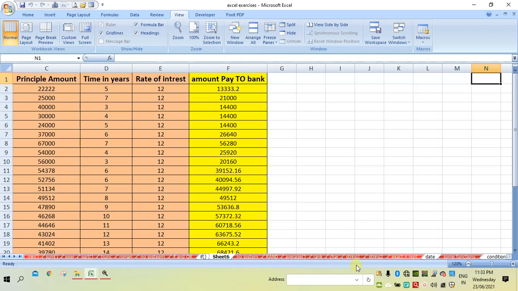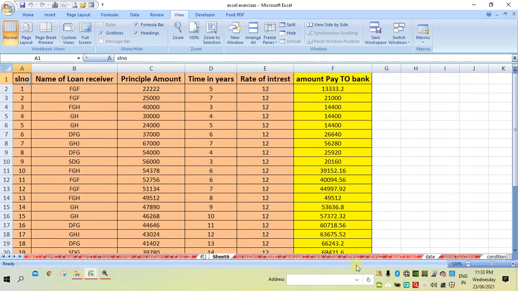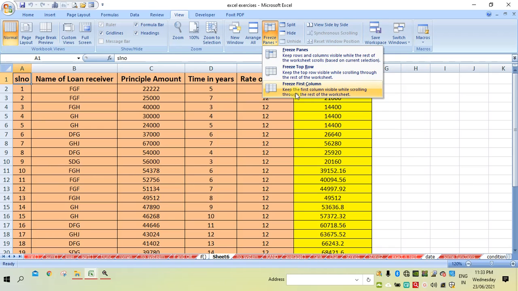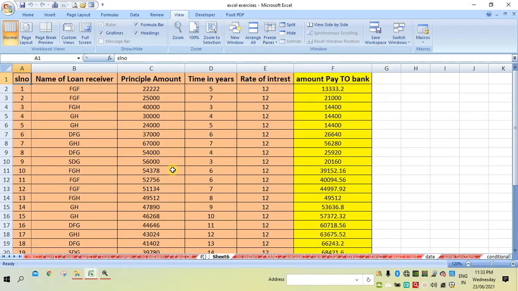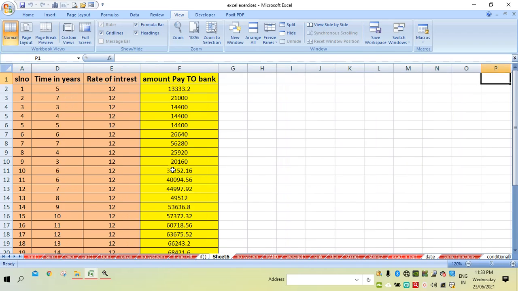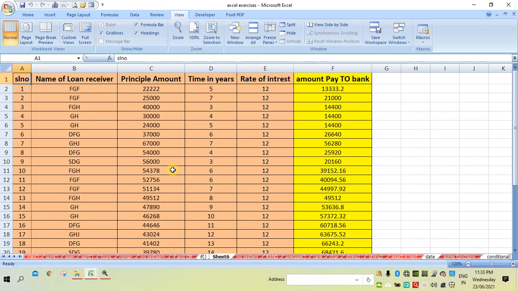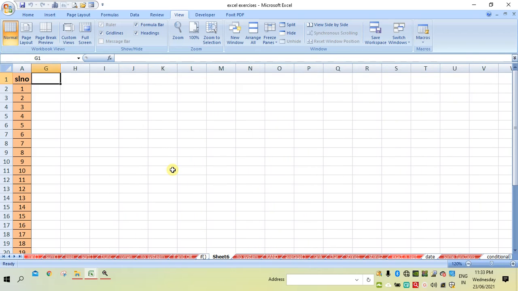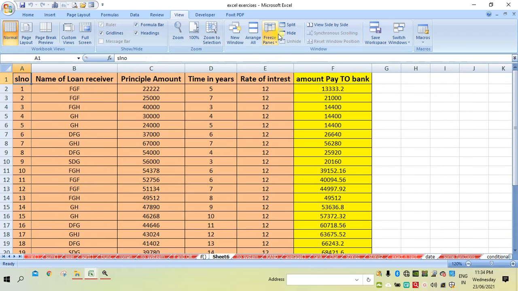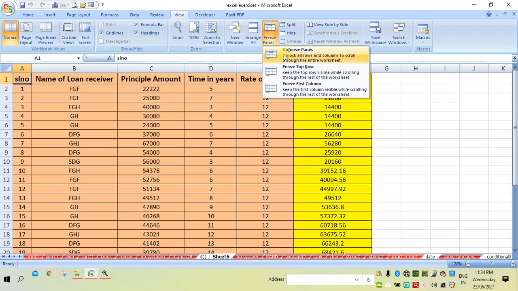Suppose you want to freeze the left column, then we have the 3rd option. So now it is frozen. If you move the cursor to the right side, the first column will be visible. It is because that column is frozen. Suppose you want to unfreeze, click this.